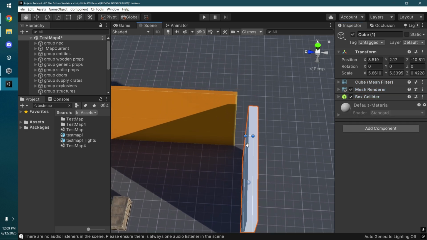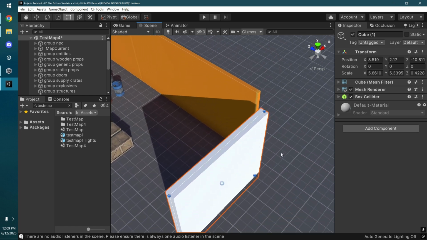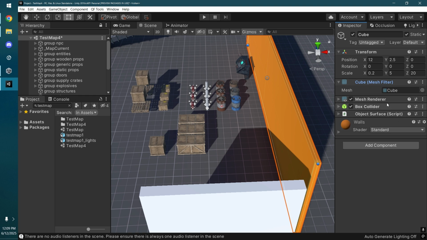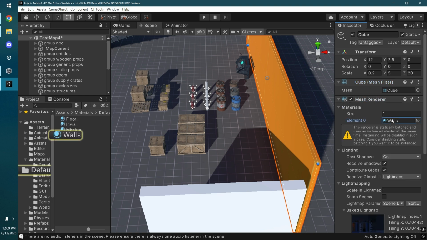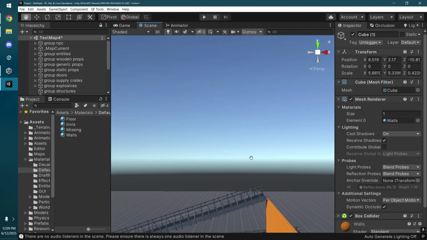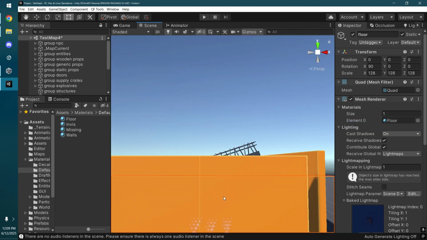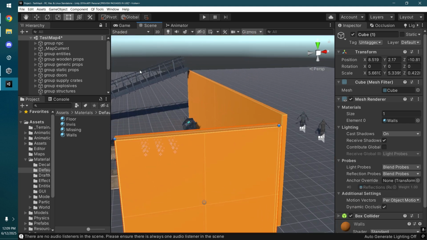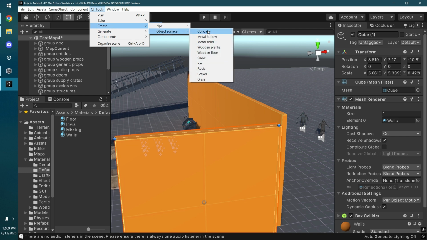Now, you don't really want it to look like this, so let's use this material. And one of the most important things, let's add some physics data onto it. Call it the surface object. You could create various surface objects using QF tools, then create object surface, and we could select the type of